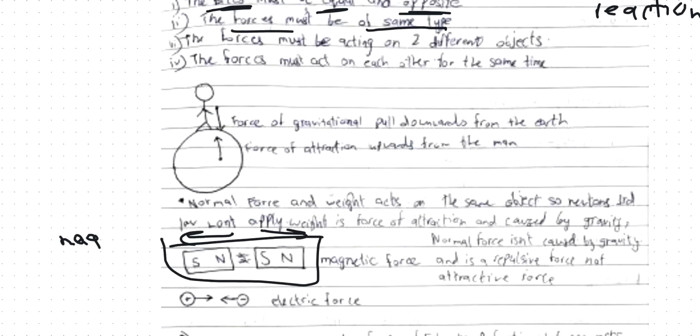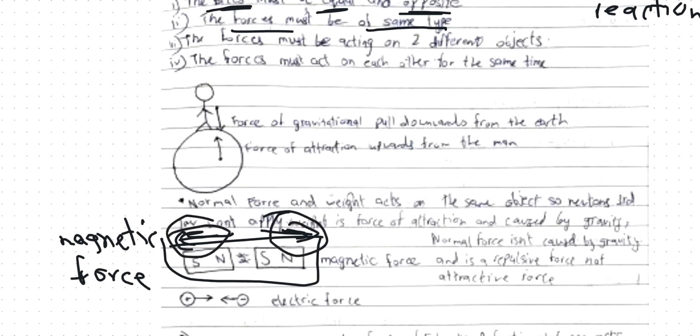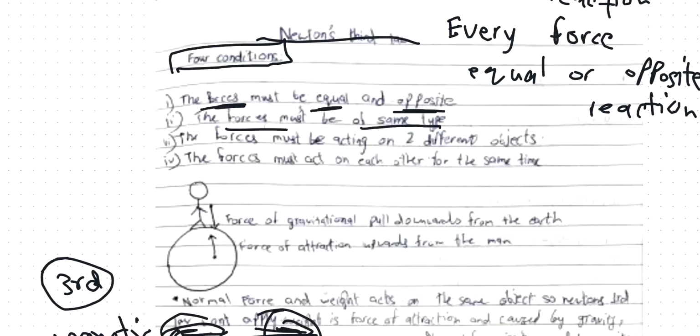So when I have magnetic forces opposing each other, you can see both of these are magnetic forces. So Newton's third law can be applied here. But if one of the forces were not the same, then we can't consider Newton's third law to be applied here. So yeah, the third rule is that